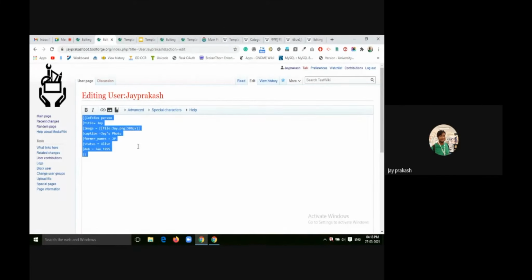If you see the infoboxes, you can find that we pass the parameters as a key. Infobox like title, image, status, these kinds of data we give to the infobox person. It is a format of key value pair.